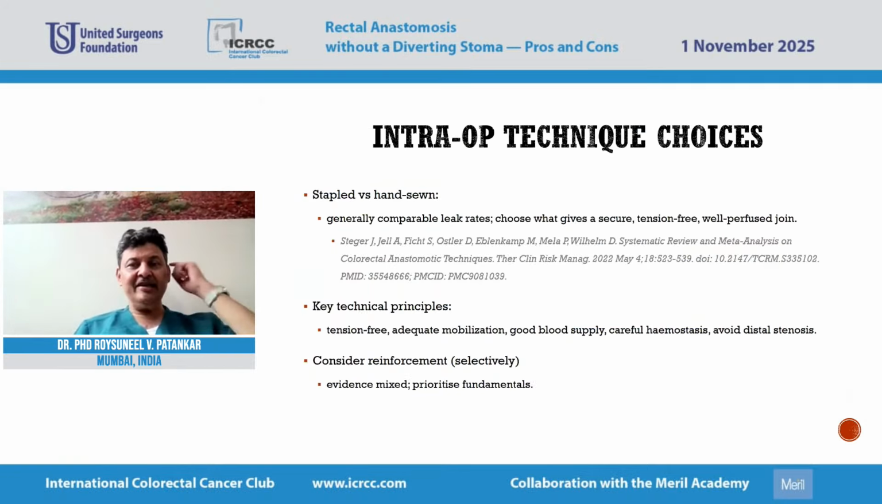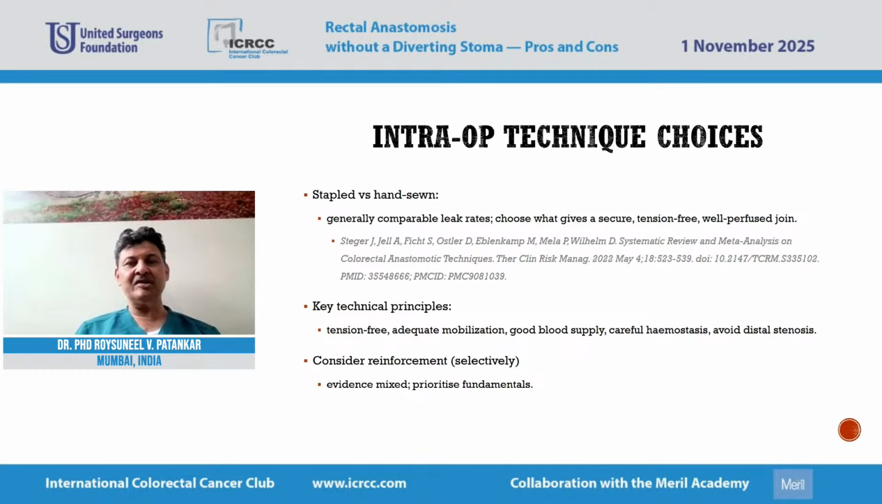So there are many technique choices that we need to make as surgeons when we decide to do a LAR. One is, should we do a stapled anastomosis versus a hand-sewn anastomosis? And generally, the leak rates between the two are comparable in literature. Realistically, if you have an obese male, a narrow pelvis, a low anastomosis, all our anastomoses are stapled. We generally use a triple row stapler in our hospital. And the key technical principles that we teach is